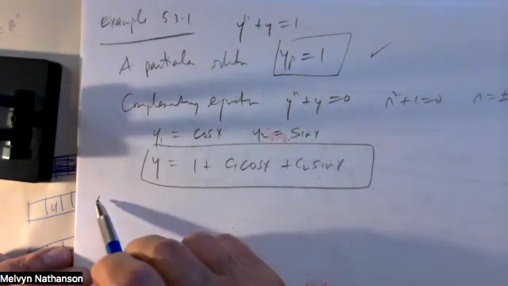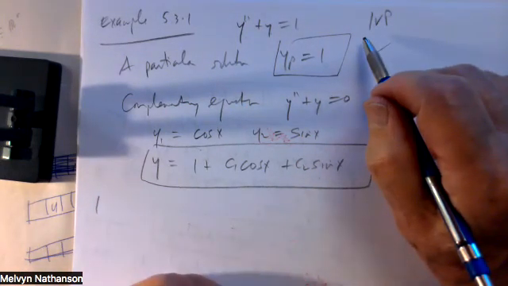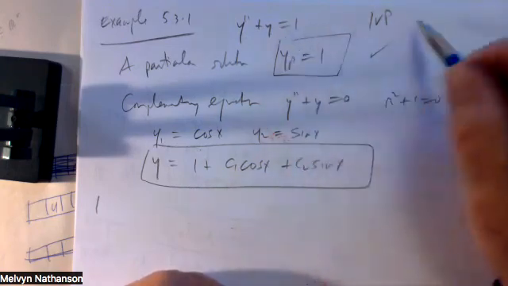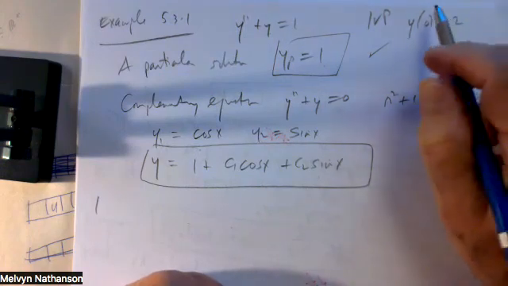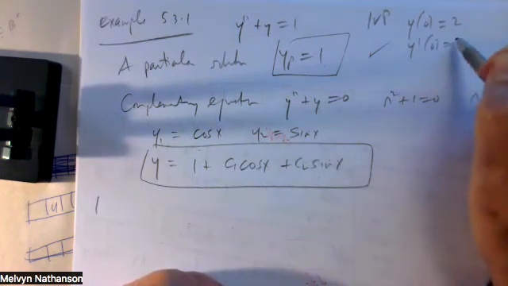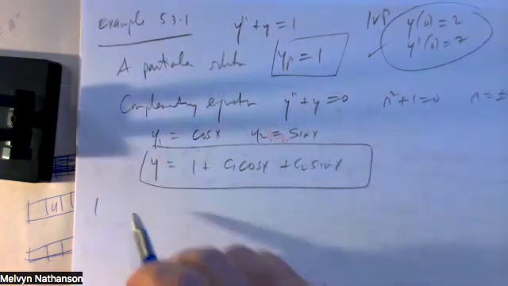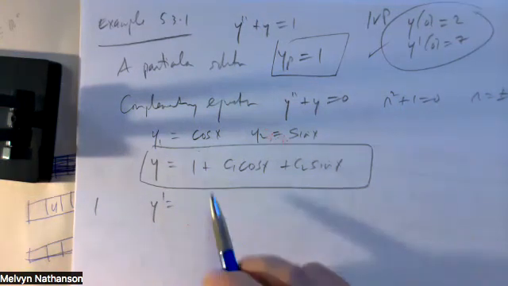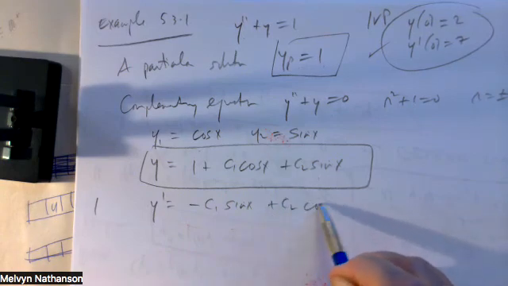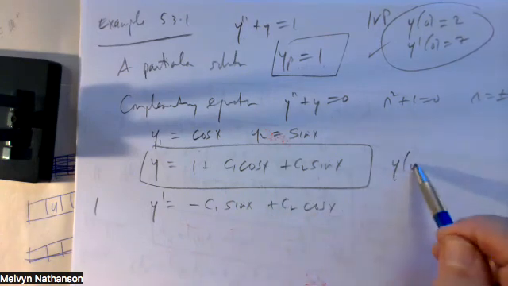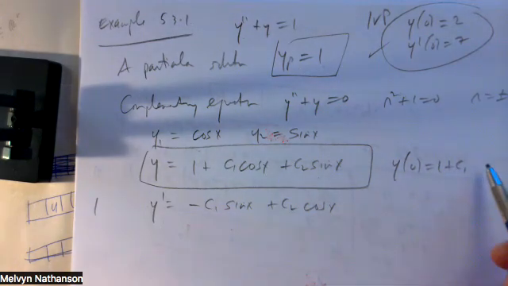Suppose we have the initial value problem associated with this equation. Suppose we want to find the solution of this equation that satisfies the initial conditions, y of 0 equals 2, y prime of 0 equals 7. So here's y. Y prime is minus C1 sine x plus C2 cosine x. So if you plug in x equals 0, you get 1 plus C1,